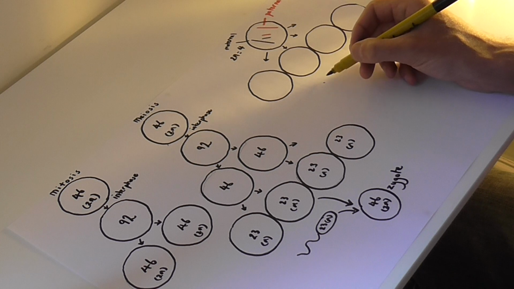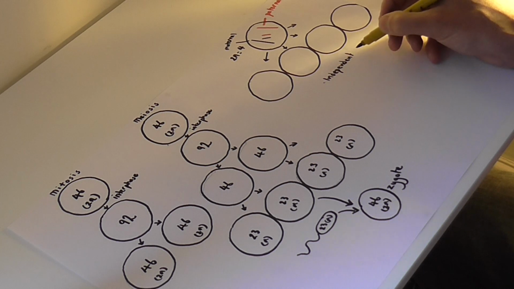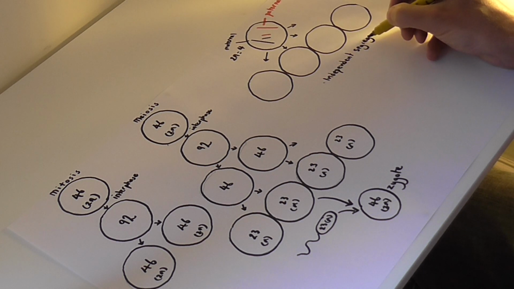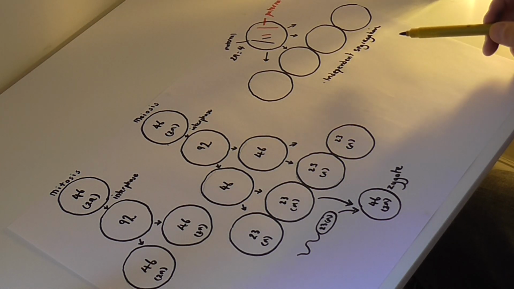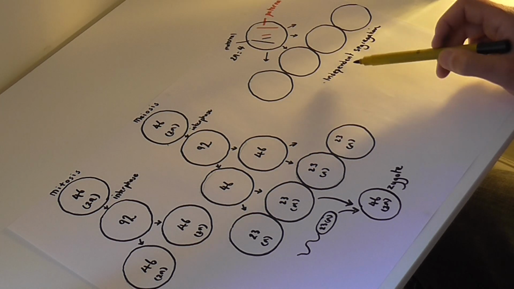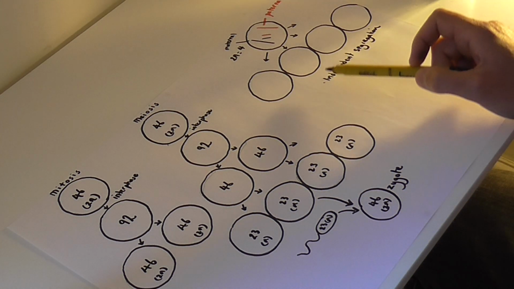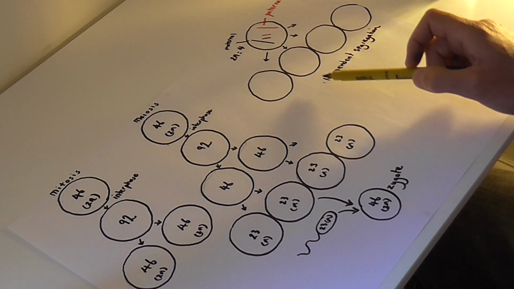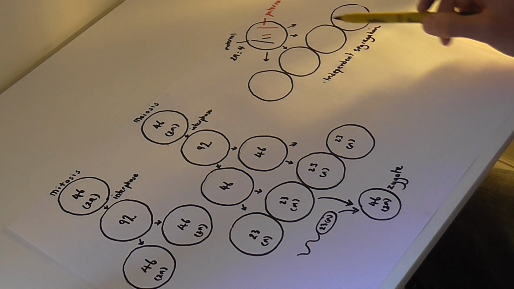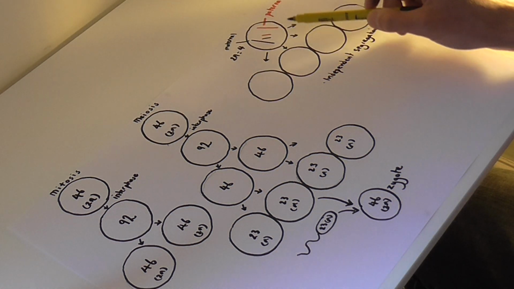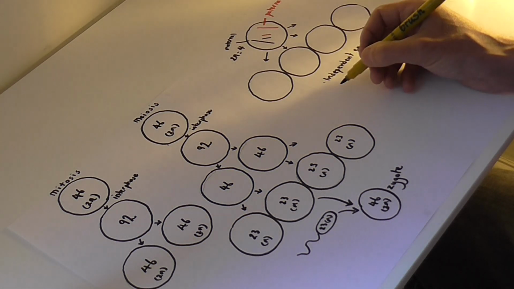The first process is called independent segregation. Now, sometimes books refer to this process as independent assortment. On our particular syllabus, it's referred to as independent segregation, but independent assortment, it's the exact same thing that's taking place. This, as we'll see a bit later on, has the ability to give gametes different combinations of maternal and paternal chromosomes. I'm going to illustrate that in this diagram, but there's a second process that takes place